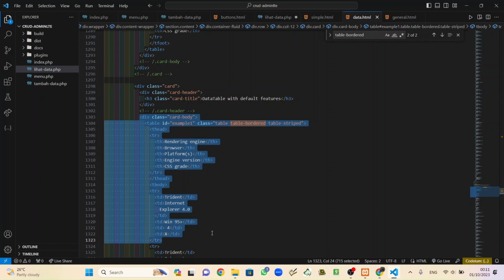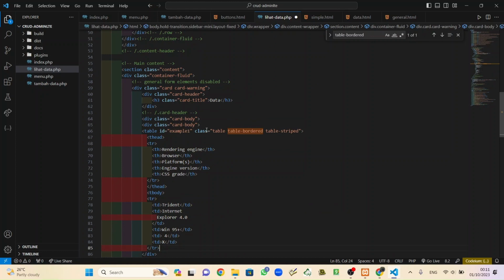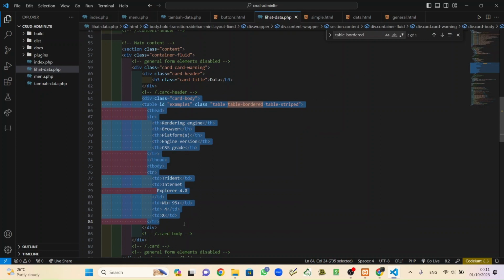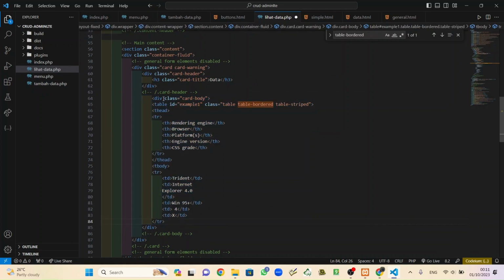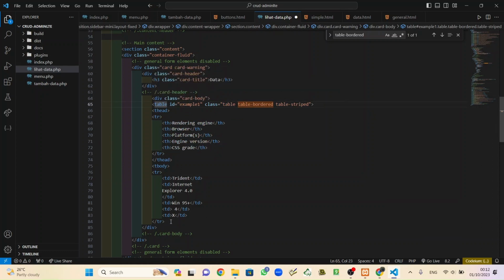Control C, put it at lihat data and Control V. Remove the first one, save, and don't forget to put a tab. And then put the close tag for div, and also table. There is no close tag for table.